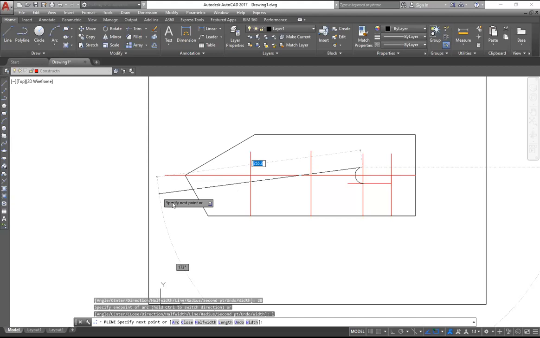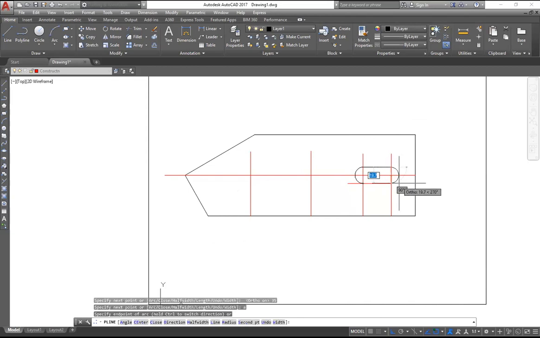Sorry, let me undo that. U is for undo. Okay. Now let me use orthogonal mode to help me get a straight line here. Okay, a straight line has to be about 35. That is 35. Then from here, I have to turn to arc A, and then from there, I can just